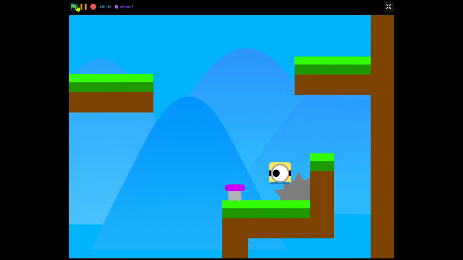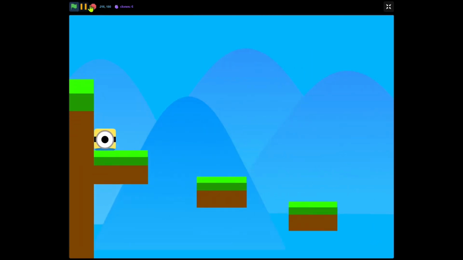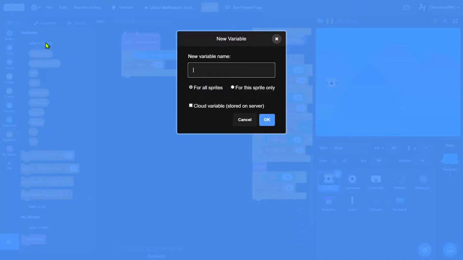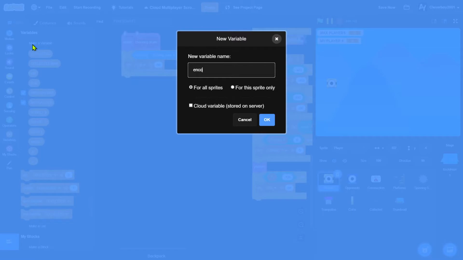And yeah, so let's get coding. So to start off, we need to make variables. We'll name this one max players for all sprites, my player number for all sprites,